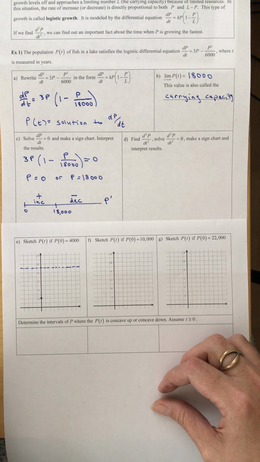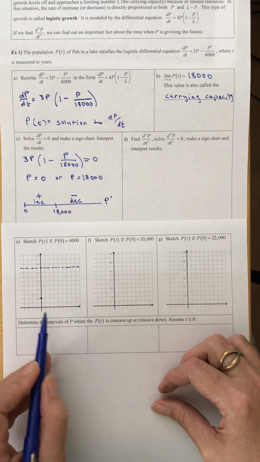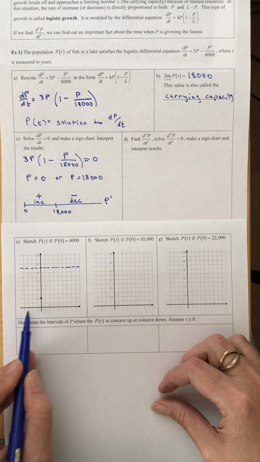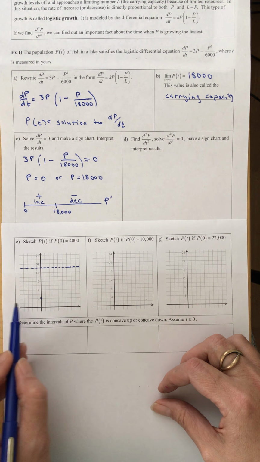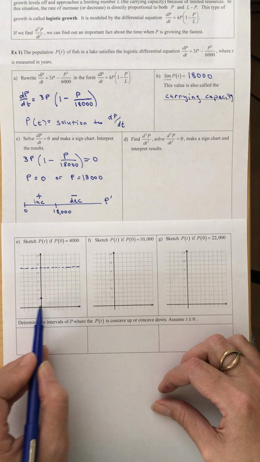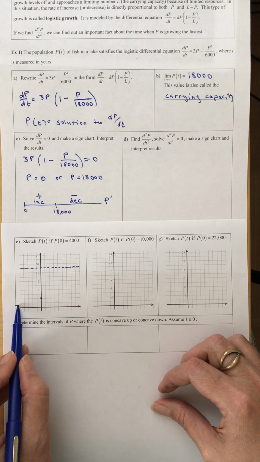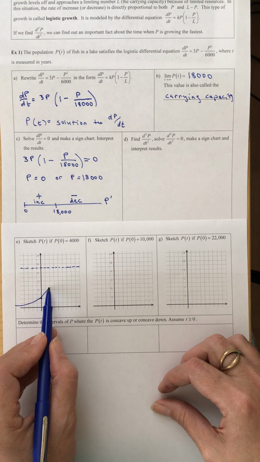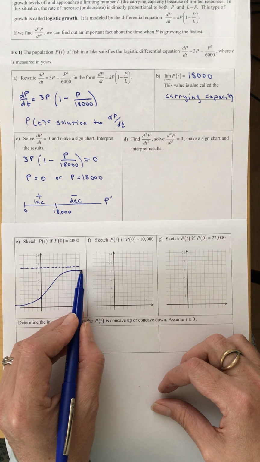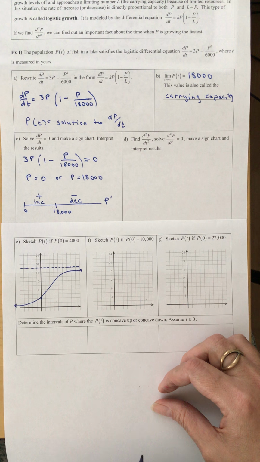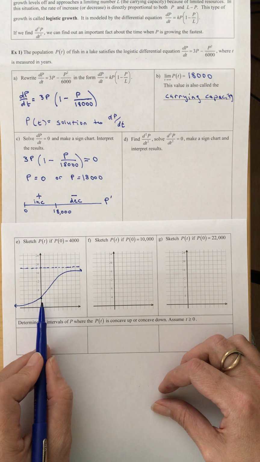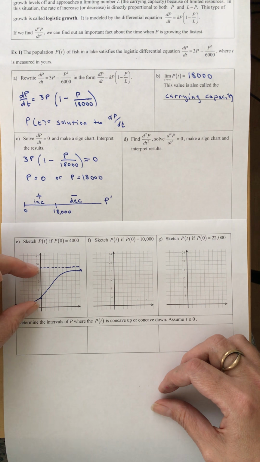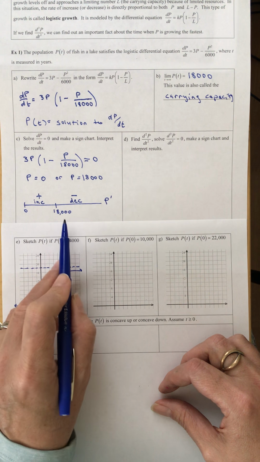And we know that the function is logistic. Don't know much about what's going on the time axis, so we're just going to sketch. We're just going to make a sketch, and we don't know exactly what it's going to look like, what the rate of increase is, but we're just going to do something like that. And this is the case where as long as the population is between 0 and 18, then it is increasing. This part over here,